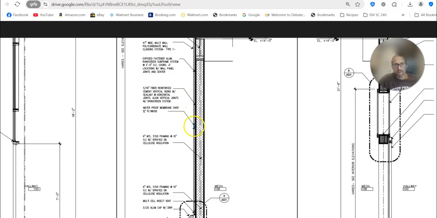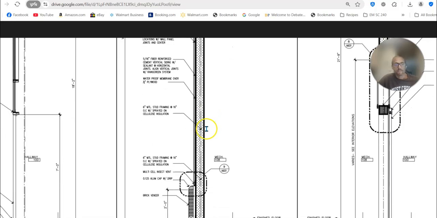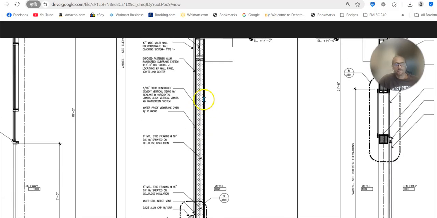I know it sounds weird, but there actually is a little bit of an R value to the outside air layer and a little bit of an R value to the inside air layer. So don't forget those. But otherwise, you would just find the R values of each of these components, and then you would just add them up. So air layer, wall, insulation, cement board, polycarbonate, and then you just add those up,